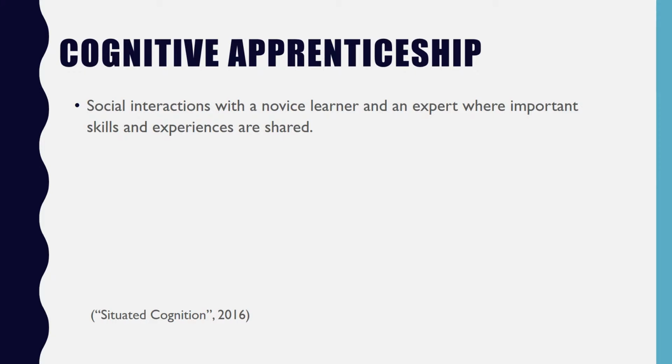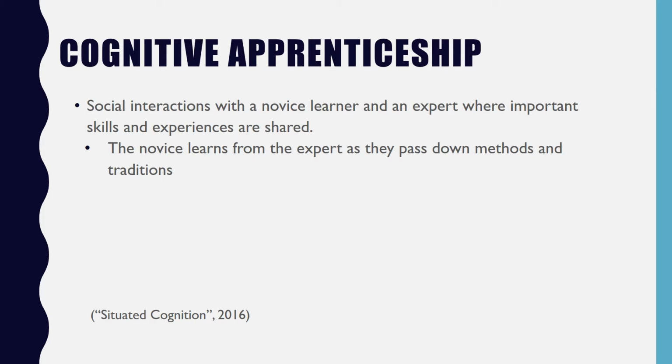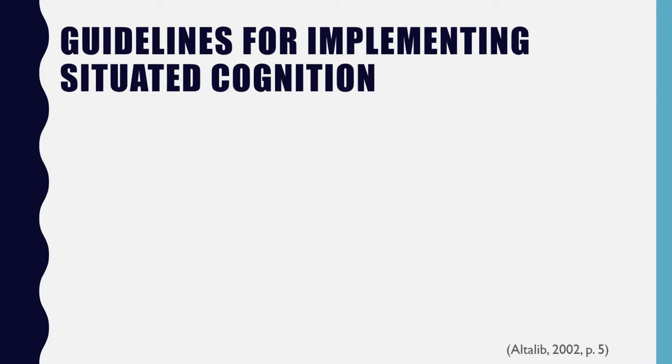A cognitive apprenticeship is when a novice learner interacts with an expert and important skills and experiences are shared. The novice learner learns the stages in which they must go through to become an expert. The video link goes into more detail to explain how this relationship creates a "let me do and I understand" approach. Brown, Collins, and DeGoey came up with 9 guidelines to go by when implementing situated cognition and the cognitive